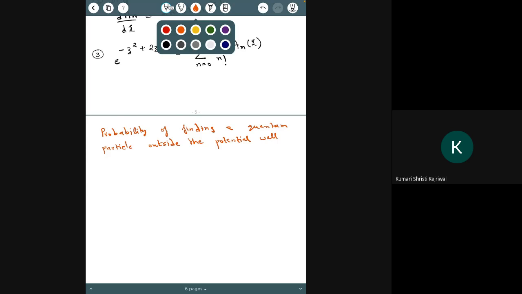What does that mean? It basically means that if I draw my harmonic oscillator potential